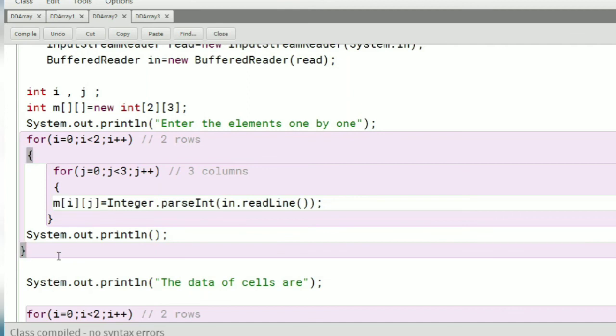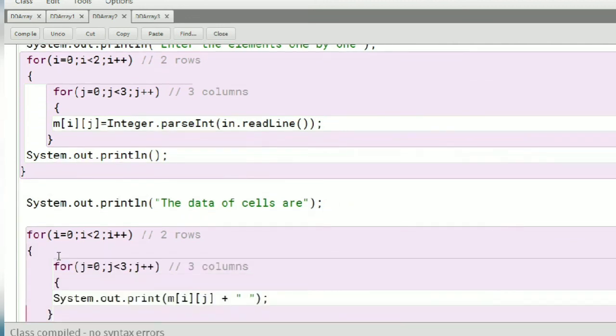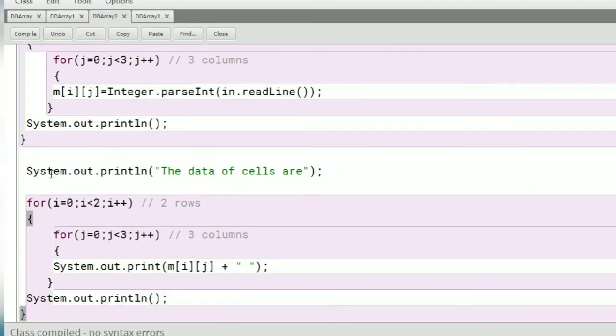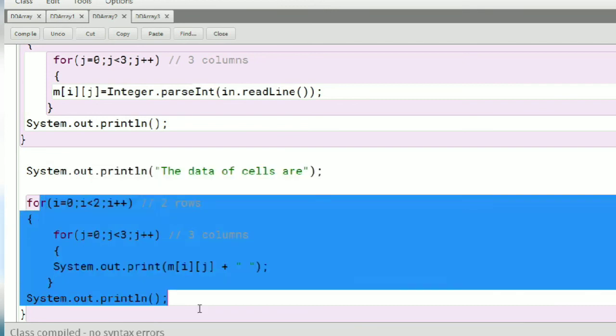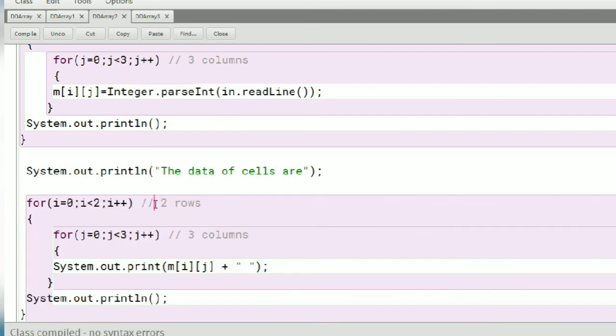We have entered the elements. Now we have to print. So printing is here: System.out.println, the data of cells, this is simple printing. Outer loop, inner loop, and System.out.print our array.